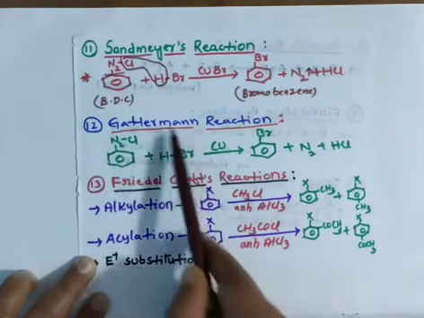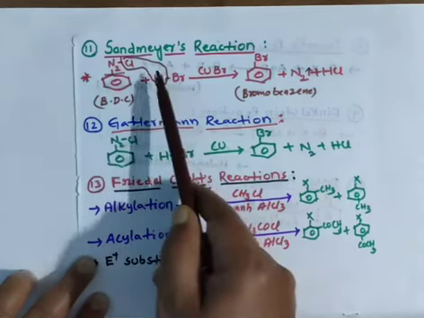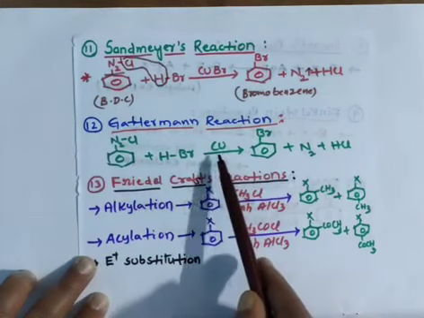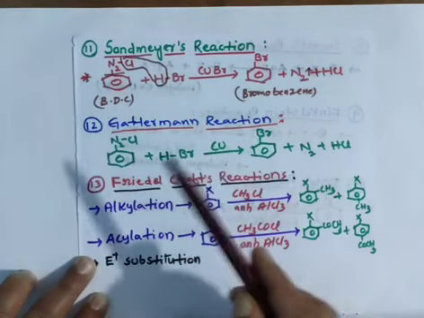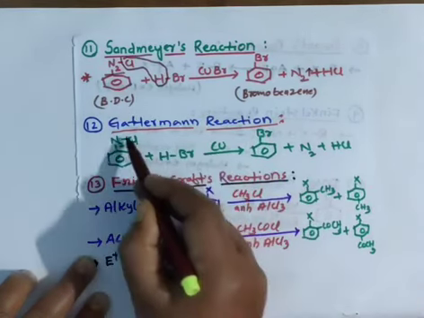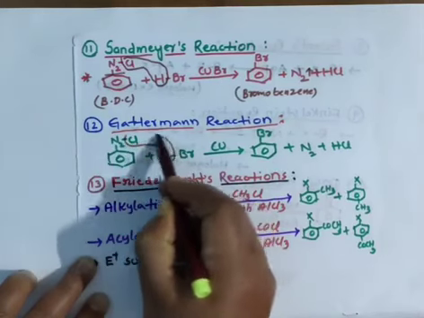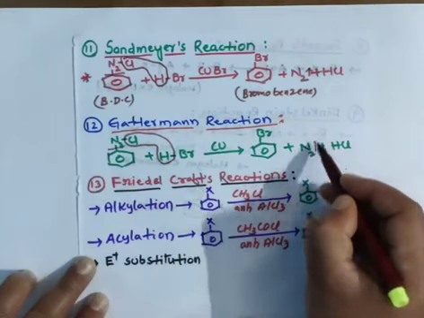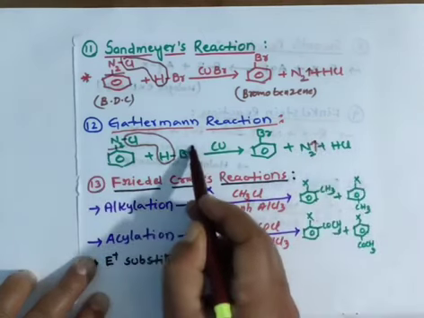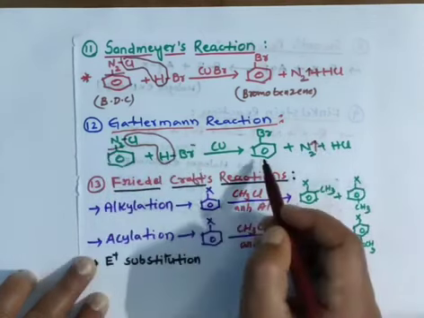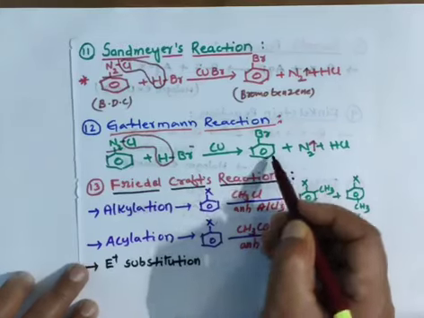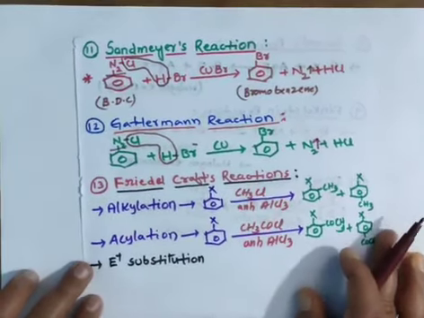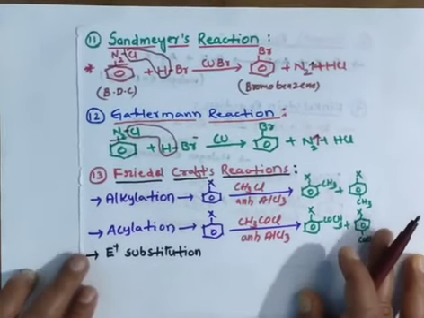So where you are learning, you compare the reaction. Sandmeyer reaction in the presence of CuBr. Gattermann reaction in the presence of Cu metal only. Same condition. And this Cl and this hydrogen removed as HCl, and nitrogen is going to be eliminated as nitrogen gas. And this bromine minus will attack on this. You are getting bromobenzene.